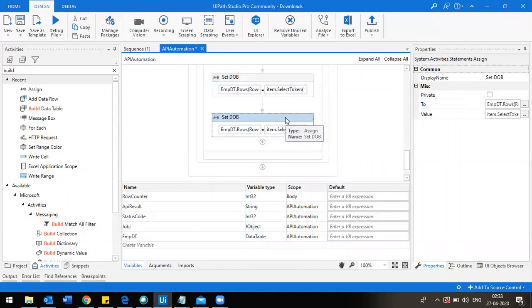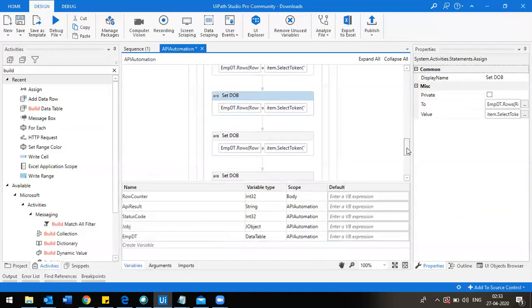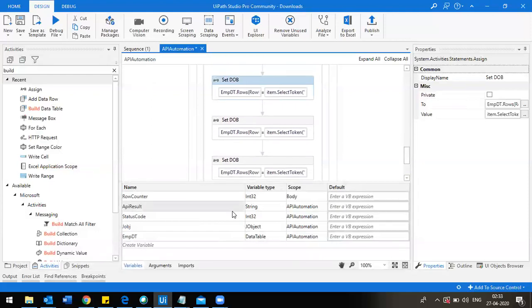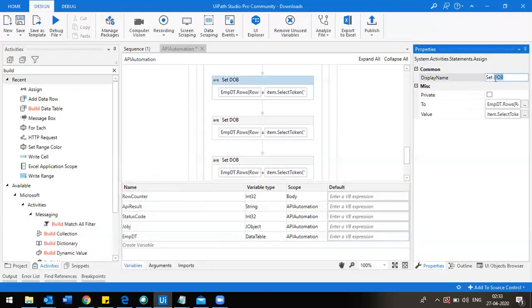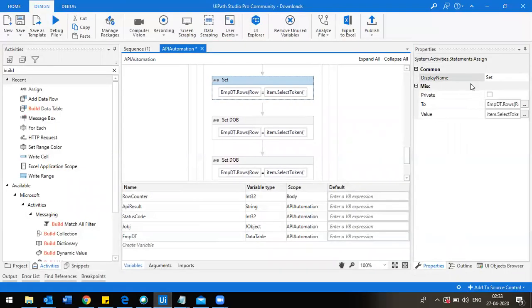Copy, paste. Because we have 3-4 rows to be added. So here DOB is done, and what else is pending? We have to add email address.